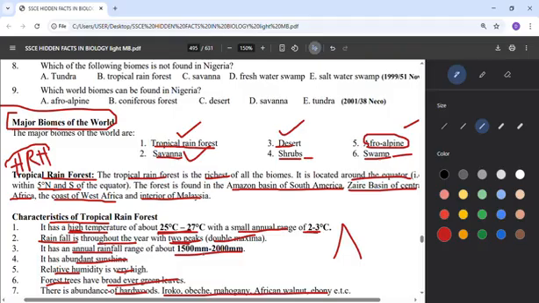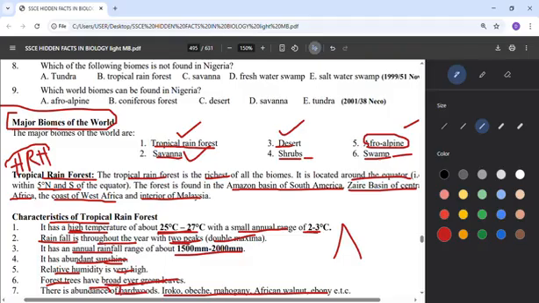It has abundant sunshine. That means enough sun. The relative humidity is very high. So the relative humidity is very high. That's because of the rain. Then forest trees have broad evergreen leaves. Broad evergreen, that means the leaves are wide and they are evergreen. There is abundance of hardwood.